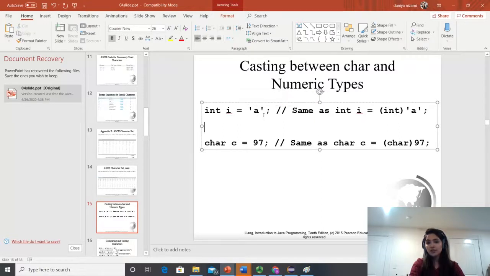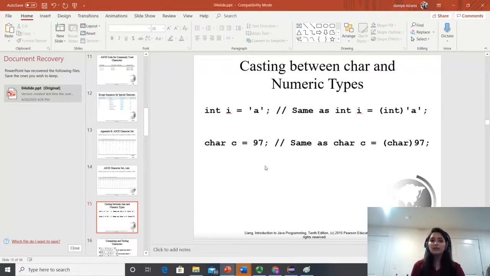So small a, which was 97, and same goes over here. When I say char c equals 97, it means this c can only hold the value of a character, and it will convert this 97 to a character, and 97 was this small a. Okay, so that's how you can typecast.